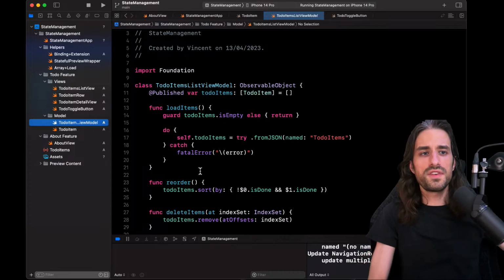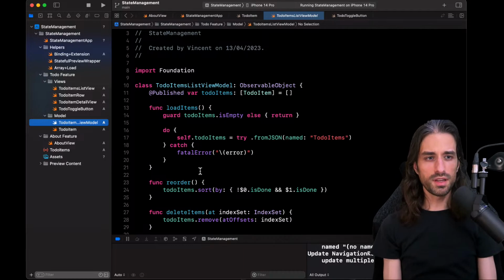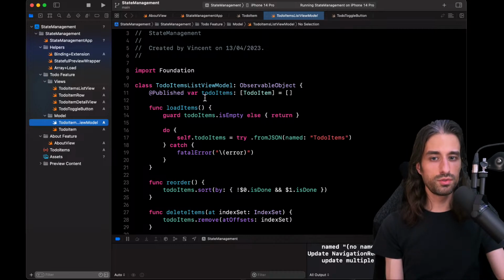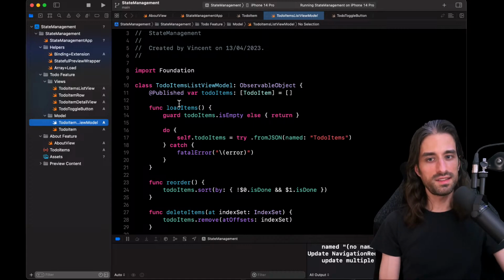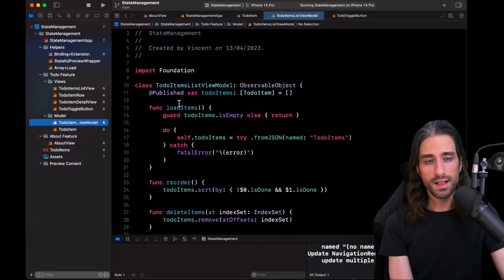And there is nothing that prevents you from calling code that exposes an RxSwift observable to set values inside your @Published properties. You just need to make sure that you set the @Published properties from the main thread. That's super important. But besides that, it's totally possible to use RxSwift with SwiftUI.